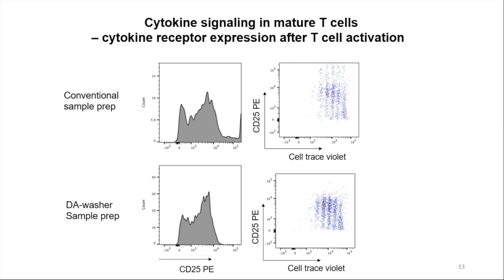Okay, so the biggest difference, and the only thing that really needs optimizing, is that you are using lower volumes for the DA washer sample prep, which means that you need to test whether you can use the same antibody concentration